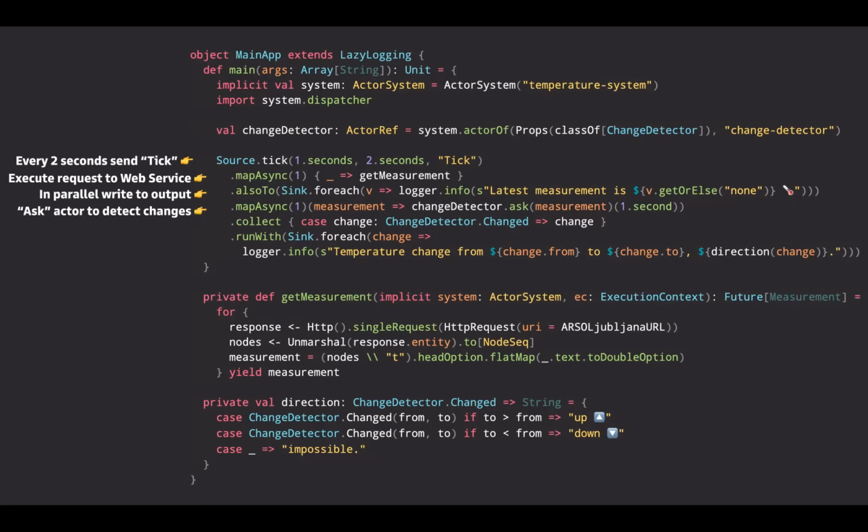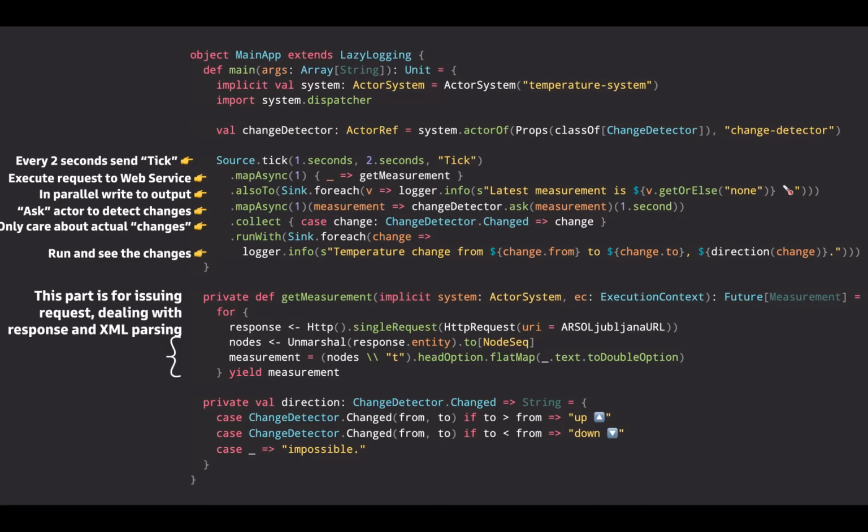Then we call another actor where we try to compute the actual change, and we only care about the responses that are actual changes. If any network problems occur, if parsing fails, if anything else happens, we don't care. We only care, for example in this case, about the happy path. And at the bottom, you can then see the output where we'll print this on the screen.